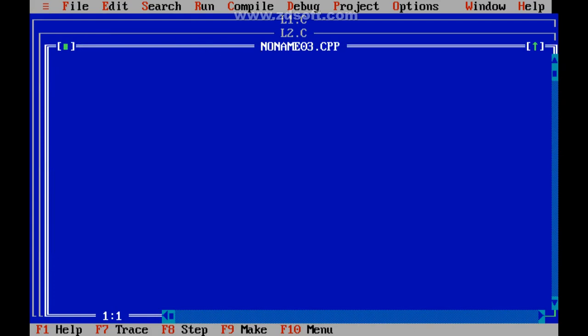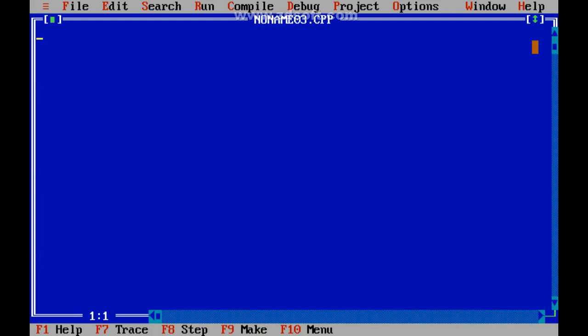We'll continue with the next two programs. So hash include stdio.h, hash include conio.h, void main. It is a function with arguments and without return value.